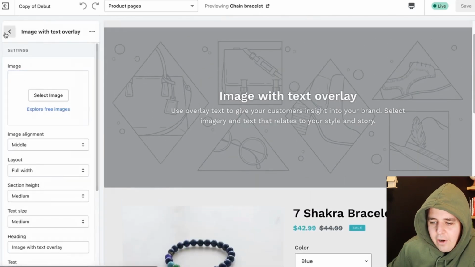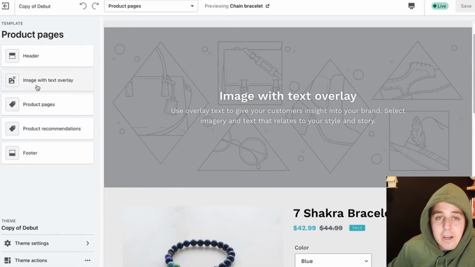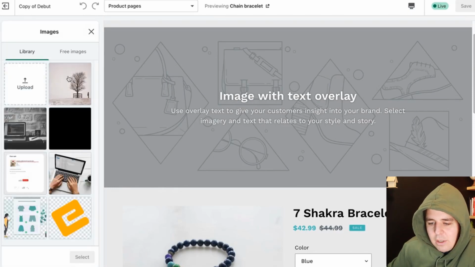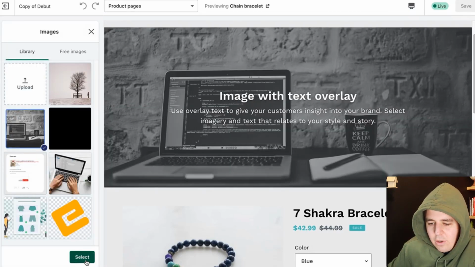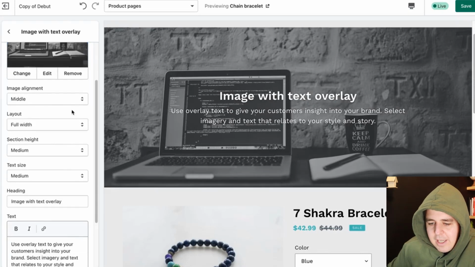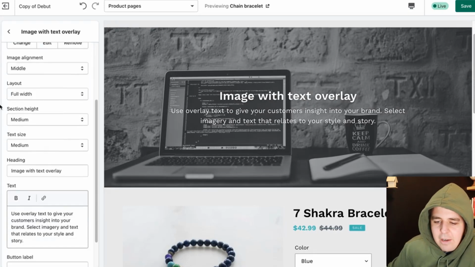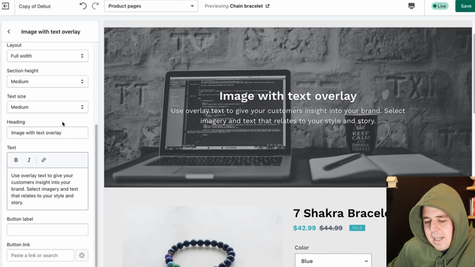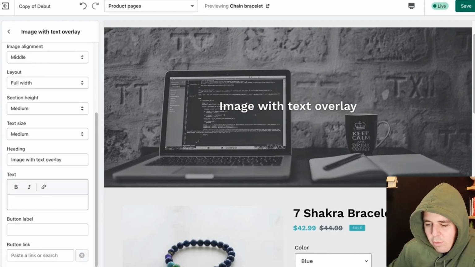So right here on the left, there is the option right now to image text overlay. I can select an image. Let's pick an image. There you go. That's the image I would like to select. I can select the alignment, the layout, the section height, the text height, all these fun things that were also available on my homepage.